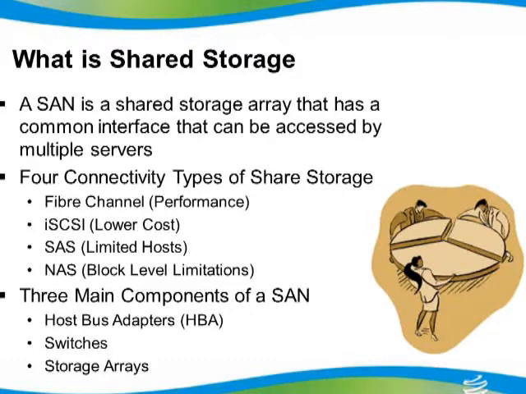Currently, the highest performing solution that exists is Fibre Channel. It is the fastest, but of course, with performance, there certainly is a cost associated with it. A lower cost solution is iSCSI. iSCSI can certainly achieve similar performance to Fibre Channel, but at a lower cost structure. And the nice thing about iSCSI, which also helps to lower the cost, is that we're using off-the-shelf host bus adapters, which just happen to be the network interface cards we use day in and day out, and off-the-shelf network switches as well.